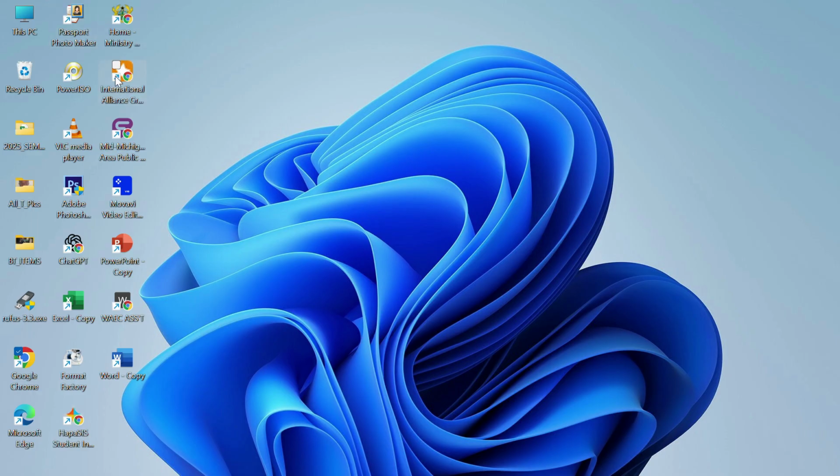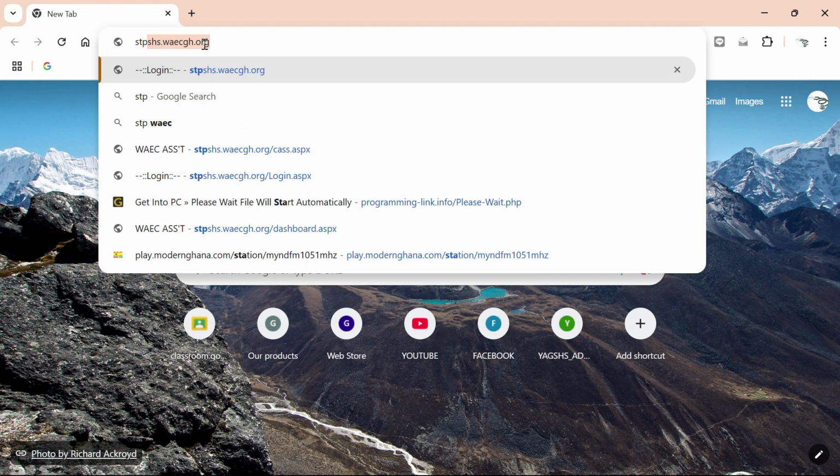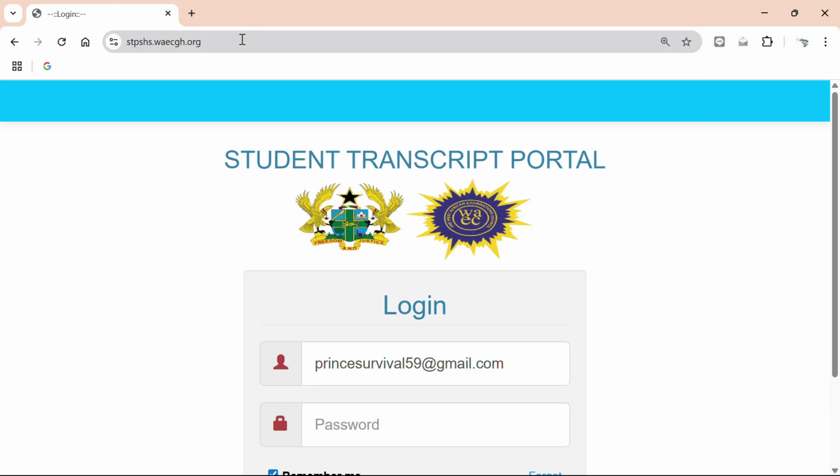Looking through my icons over here on the desktop, I have a Google Chrome browser. So let's just quickly launch our browser. All right, now we have launched our browser. Locate the URL address bar. That is where you're going to type your URL address, which is the STP shs.waecgh.org. That is the website address for the Students Transcript Portal, and then press the enter key to log you